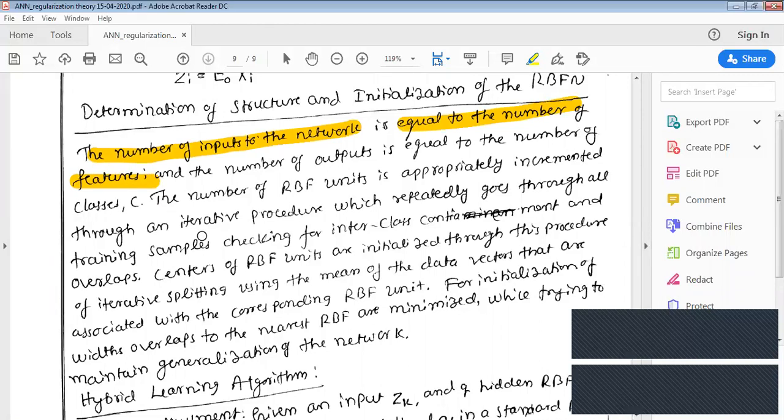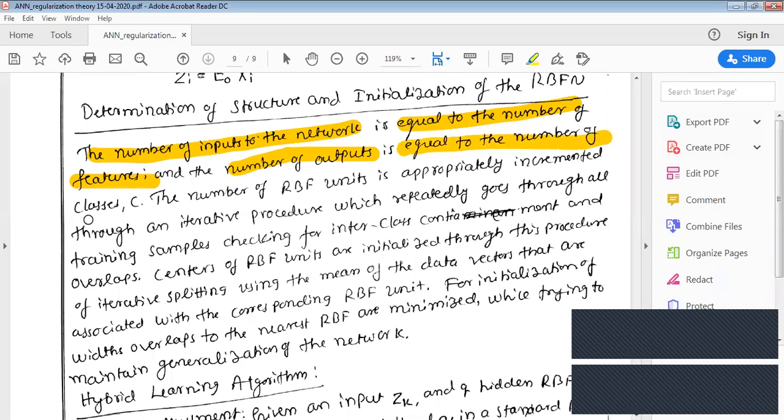Suppose a face has 20 features, out of which you know that only 5 features are very distinctive; only by using those 5 features can you distinguish the faces of two persons. So your neural network is trained only with those features and not with 20 features. You train your neural network with 5 features. And how many outputs do you have? The number of outputs depends on how many people you are trained with. Let us say you trained the neural network with 10 people. Then you should be able to tell whether this face belongs to person 1 or person 2 or person 3. Therefore, the output of the network should be 10 because you trained with 10 people. That is what is very important.